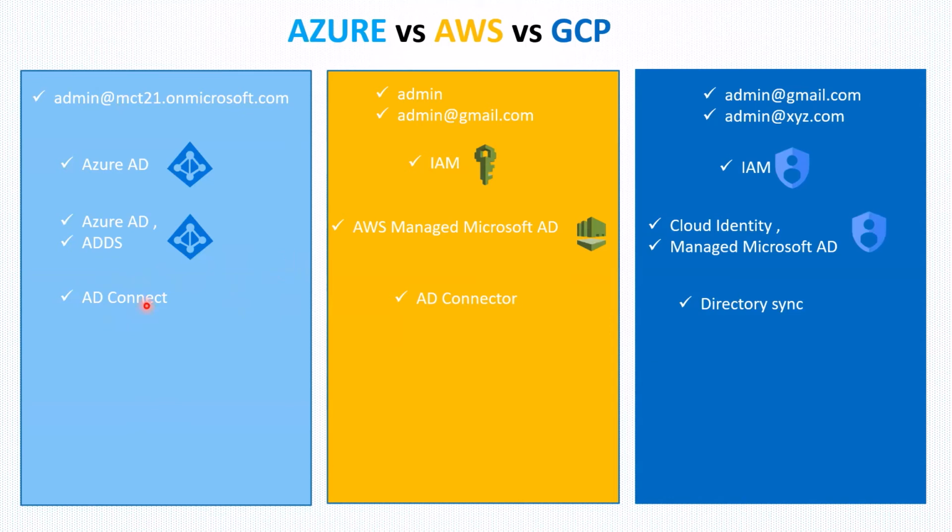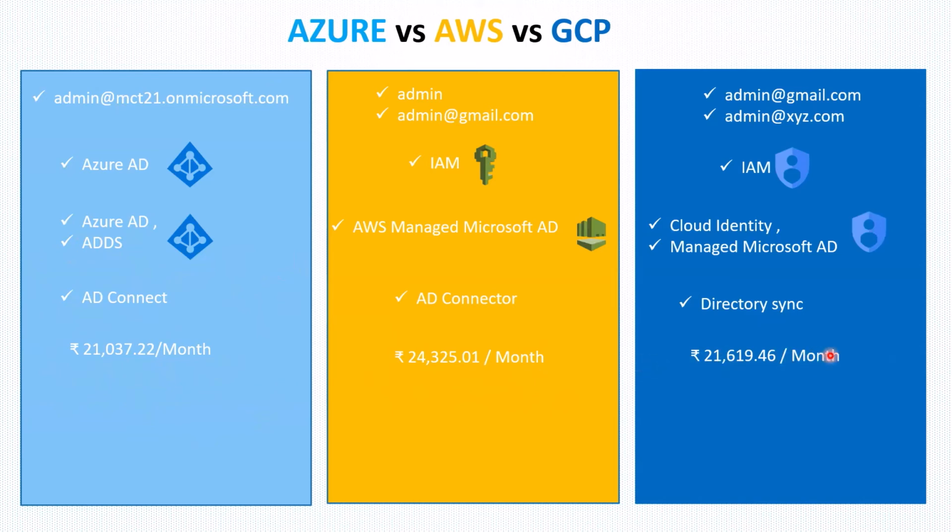So let's talk about the costing here. Costing is almost the same whichever service you go with. For ADDS, if you want to enable it for your project, the cost is around 21,037 per month. For AWS, it costs around 24,000 per month, and for GCP, it costs around 21,000 per month. So the cost is almost similar everywhere.